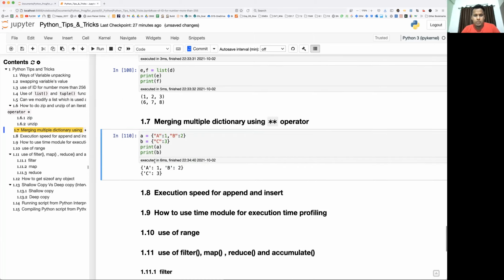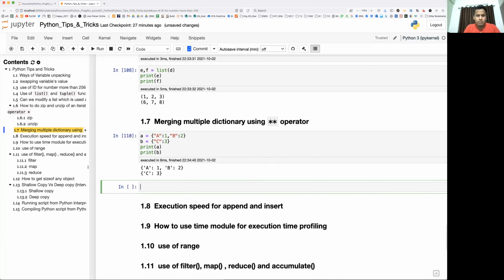I would like to merge those two dictionaries, correct? So how were we merging it? There is one function called update, which is part of the dictionary functions. So I can write A dot update C.